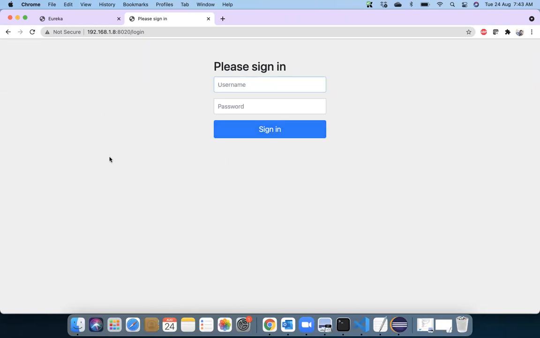Please confirm whether you are also able to see a similar kind of page or not. Everybody, please confirm if you're able to see the same page.